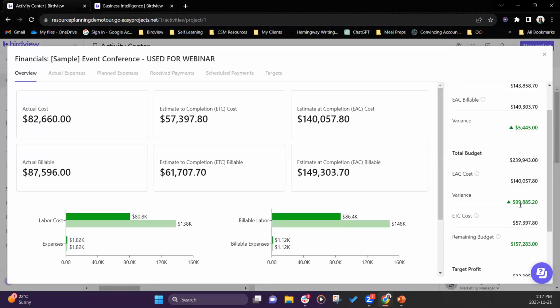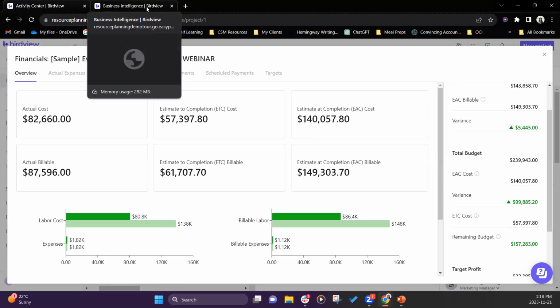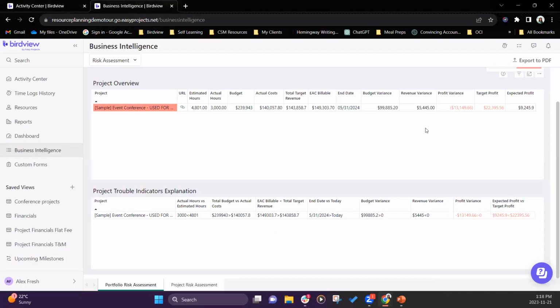So that gives you a variance of $99,000, which is again positive because we're spending less than what we had anticipated. So that tells you that your overall project is not going to be at risk when it comes to